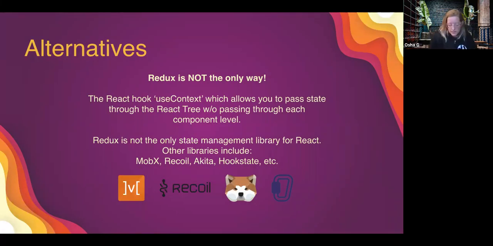And so again, like I was saying a little earlier, I don't think that Redux is necessarily the best and the only option. There's a lot of different other libraries that work really well, from MobX, Recoil, Akita, and Hookstate. I'm really partial to Akita because my little Shiba Inu looks almost exactly like that. And all these libraries are incredible state management libraries, and they all work depending on the size or the